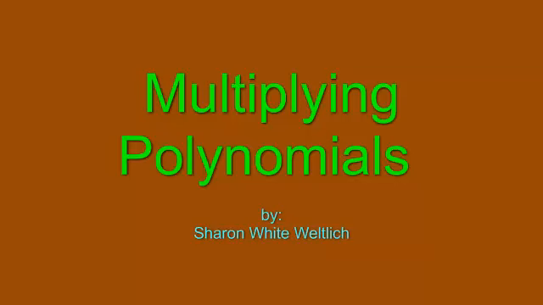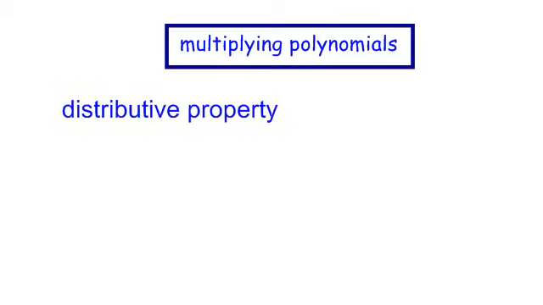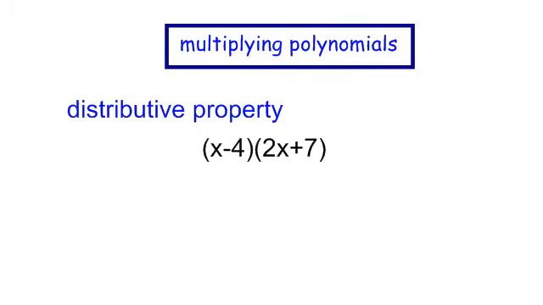Let's talk about multiplying polynomials. In order to multiply polynomials, we use a lot of distributive property. What about x minus 4 times 2x plus 7? In order to multiply these, I need to multiply everything from the first parentheses, everything, times the entire second